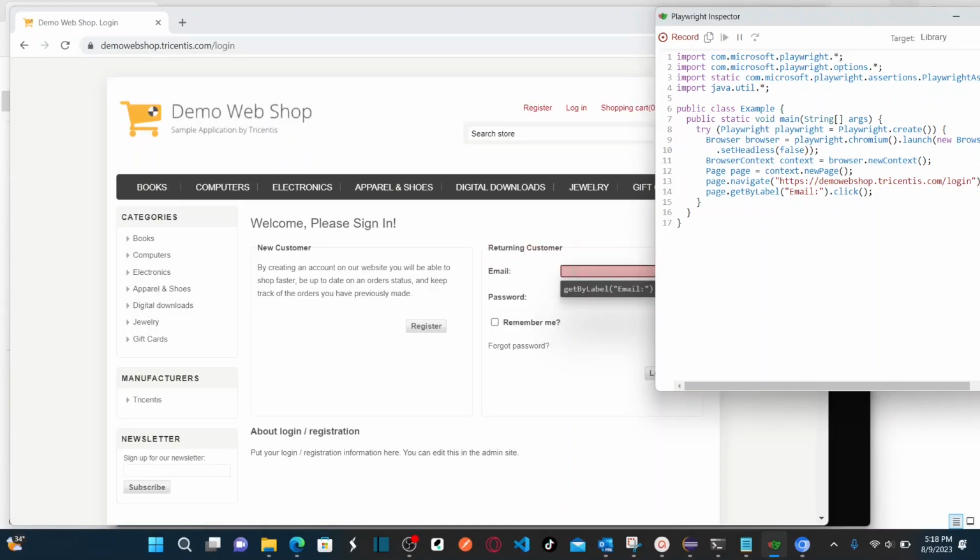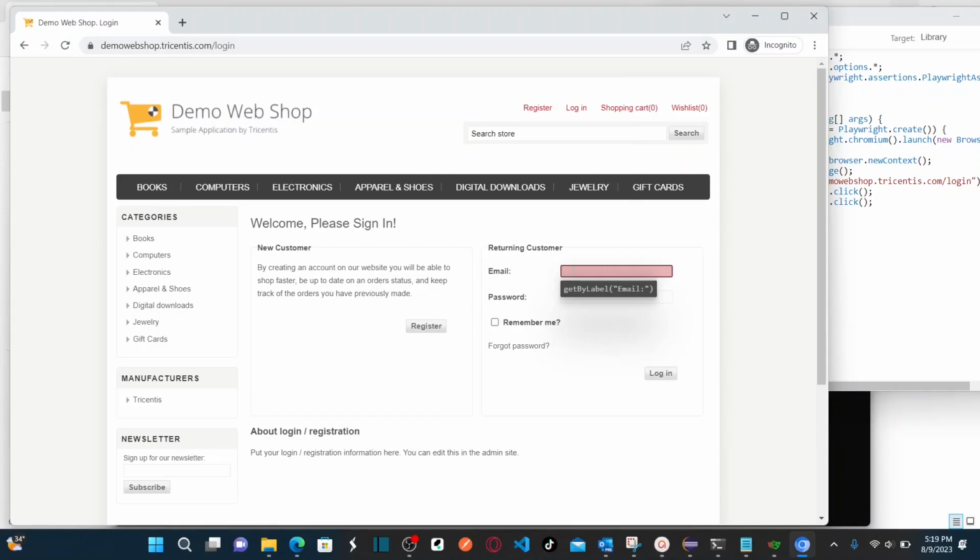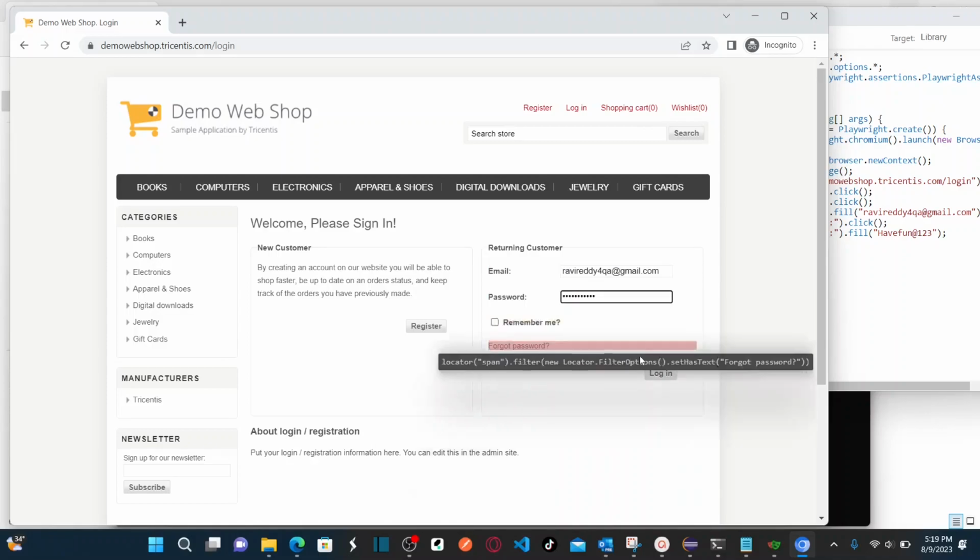Now let's enter the email ID. So you can see on the right side, it is actually recording everything, right? And then the password, and hit login,